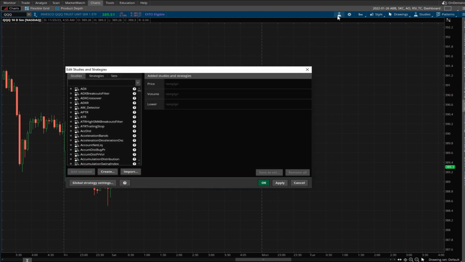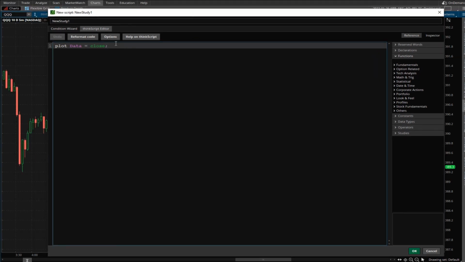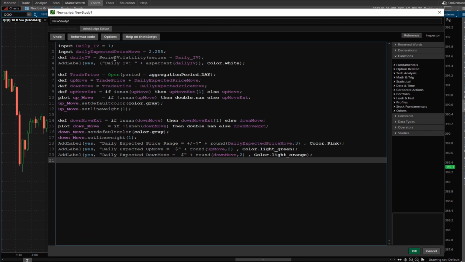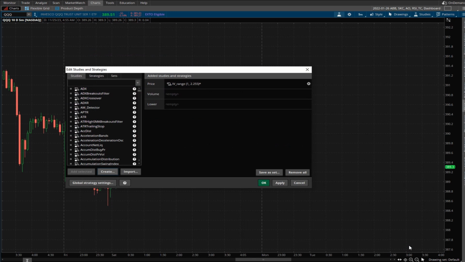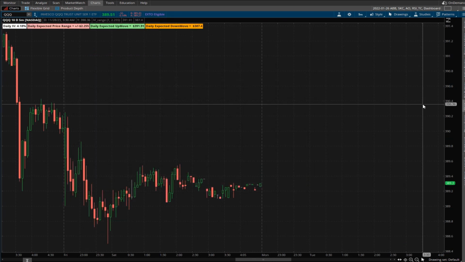Okay, so we go to this edit study symbol, we go to create, and then delete all of this. You just have to copy and paste the IV range, and just name it probably IV range. Okay, all right, cool. So once I load it in,